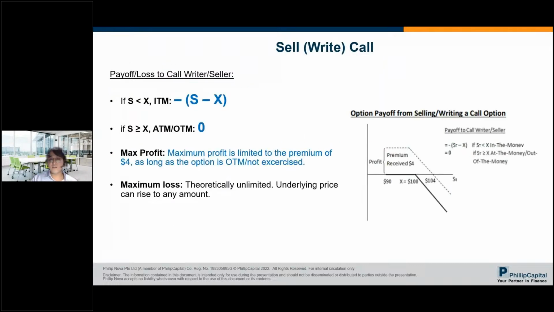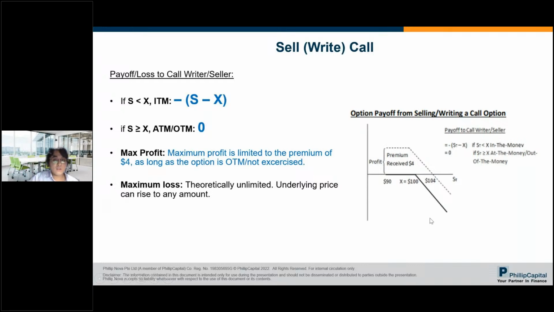So now we also have the next option. We have the sell or write call strategy. Again, if you recall, a call writer is the opposite party to the call buyer. So the payoff diagram will essentially be the opposite of a call buyer. You just have to add a negative sign to the payoff of a long call position. And I think the main takeaway I want you guys to have is that when you're writing a call, you can see from this diagram over here, the maximum profit you're receiving is the premium that you're receiving from selling the call option. However,